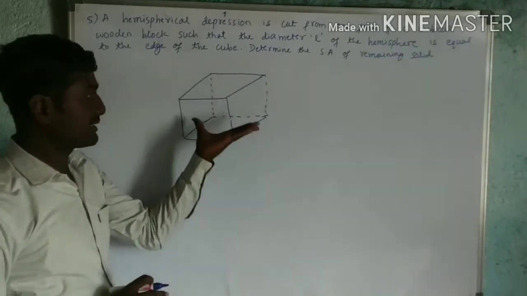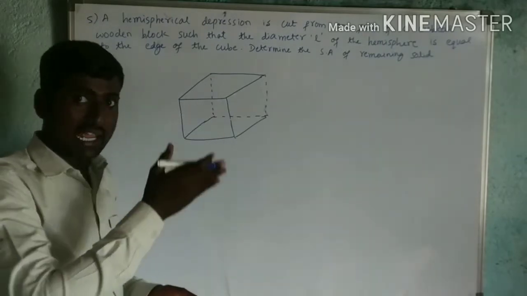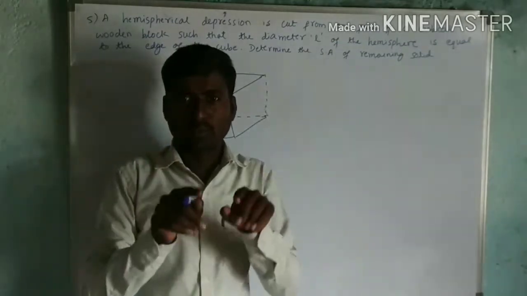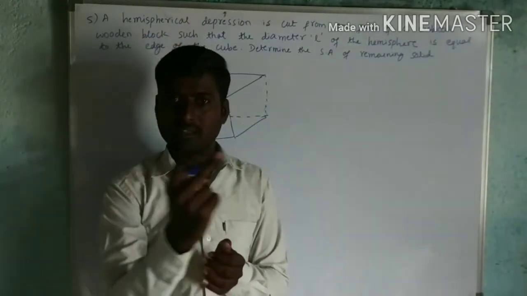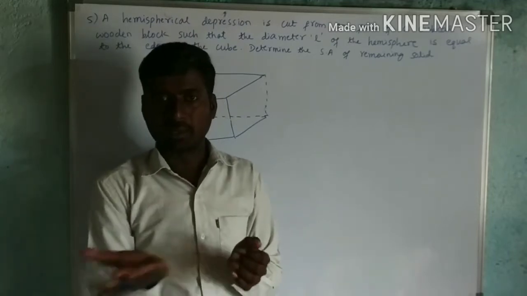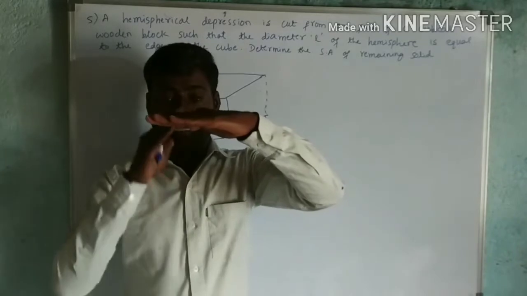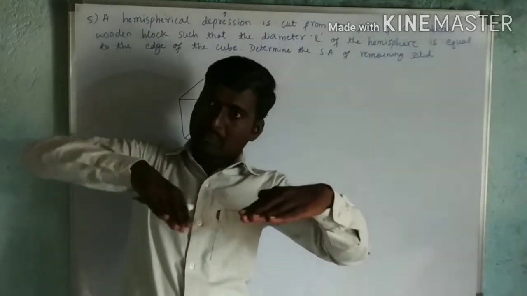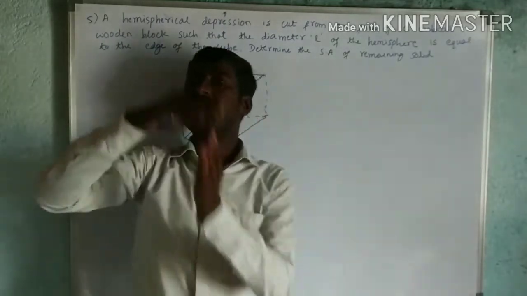Now, in this wooden cubical block, we are going to cut the hemisphere. So let us imagine there was one wooden block. For that there are 6 faces: top, 4 walls, then bottom. So here it is the top face of this. In this top face, we are going to cut the wood in the hemisphere like this, and take it out.